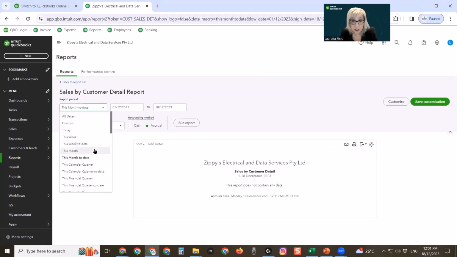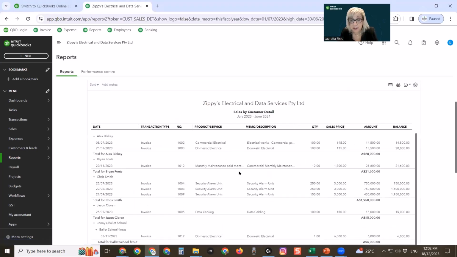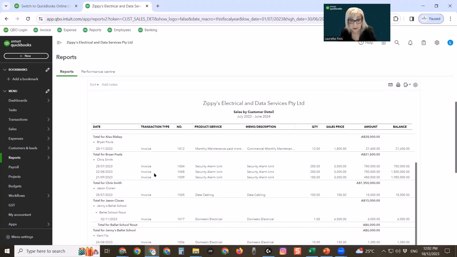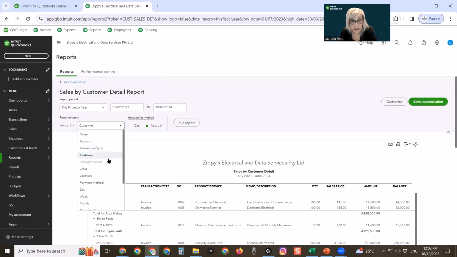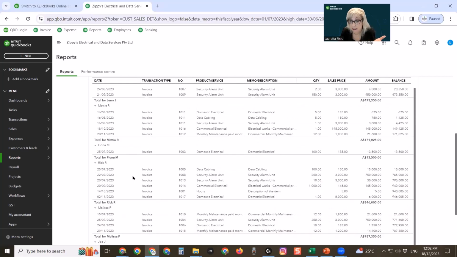What I'm going to do is just change it to this financial year. Okay, let's run that report, and you can see it's coming up with all the sales by customer detail, by different customers. But what we want to do is actually have it showing by the sales rep. Let's click Run Report, and now here you have it. You've got that report that Damien really wants to see from his sales manager,